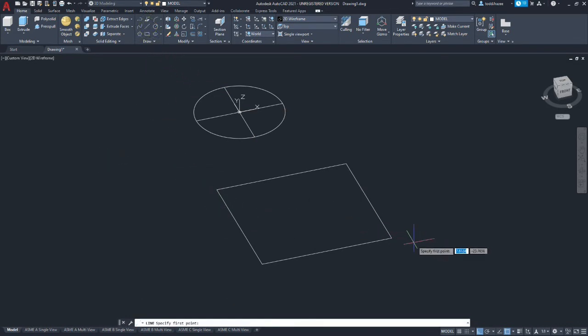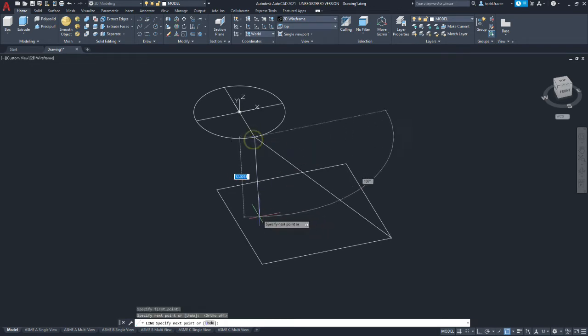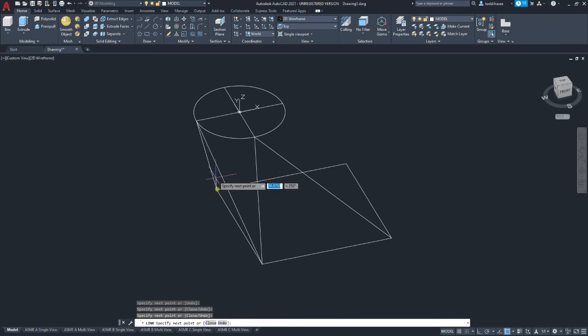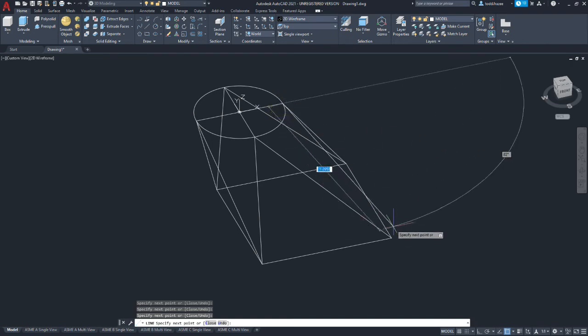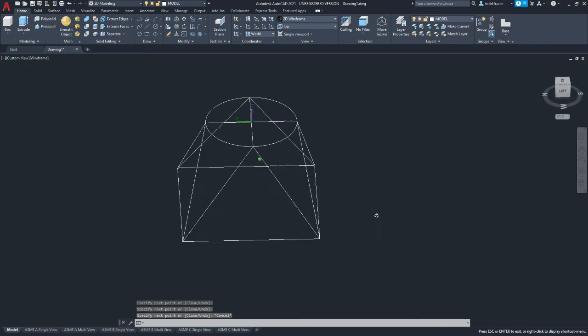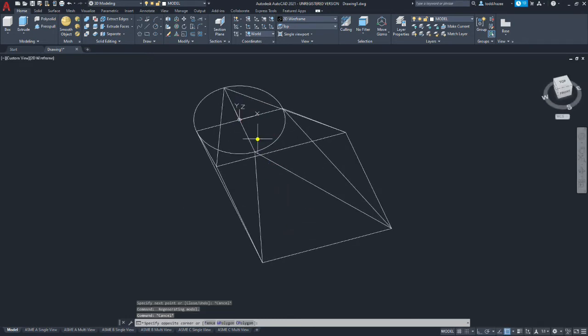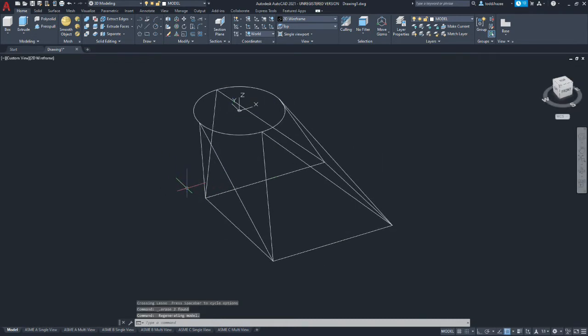Now we're going to do the same thing we've done on all the parts. We're going to connect the corners. I'm going to turn ortho off. Connect the corners with triangles to the quadrants of the circle. Alright, so we should have something that looks like this. We can now delete the lines we used for the quadrant. Alright, now we're ready to go on to the loft command.